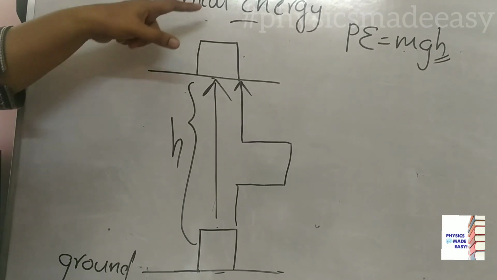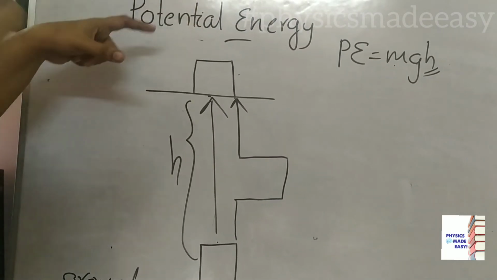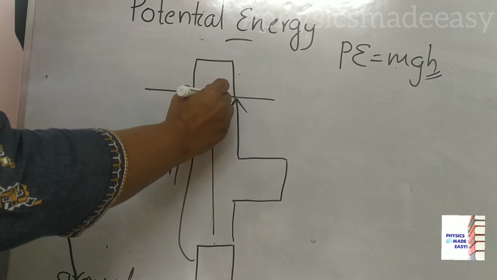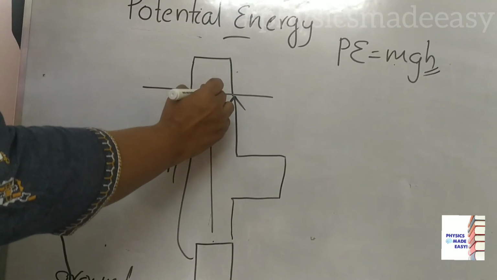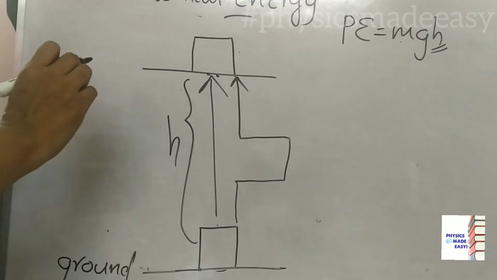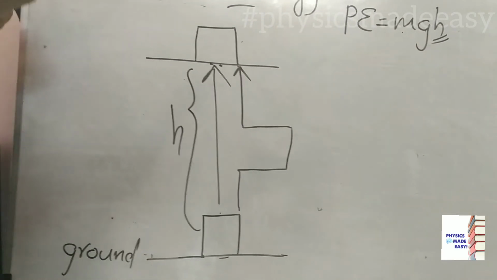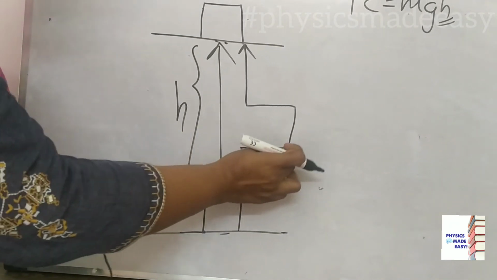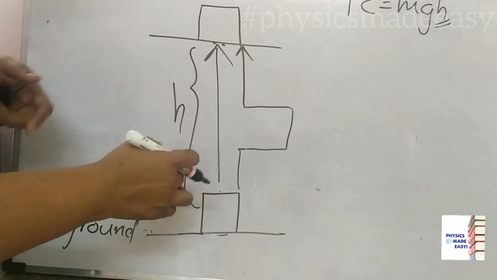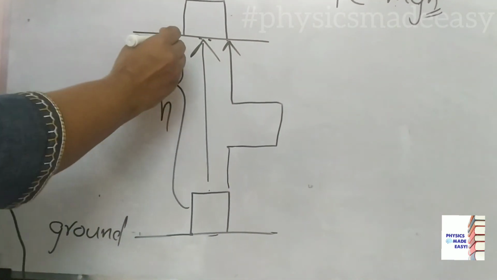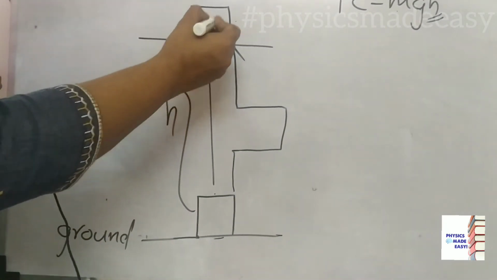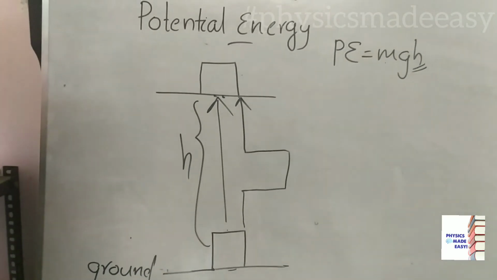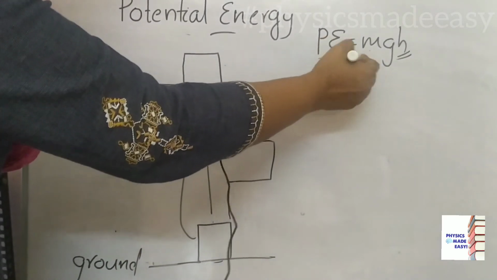That's why I told you potential energy is the energy due to the position of that object. There we have to consider only the height of the object from the ground. There is no need to consider distance. If you take the object through some path, the distance may be more, but there is no need to consider that distance. Only how much height that point is above the ground matters. So the equation for potential energy is mgh.